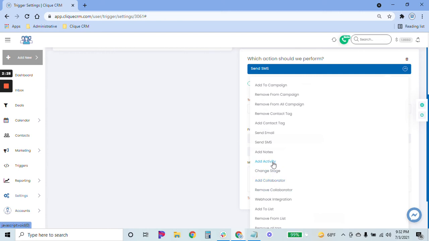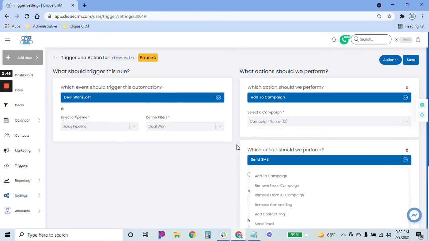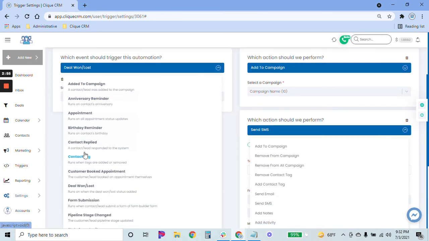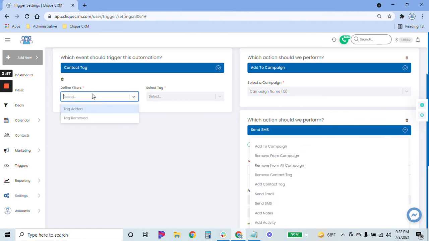I can also, whenever somebody says, maybe they cancel, there's a price increase, there's a rate increase on their premium, and they want to cancel, they want to no longer be a client, I can just go in there. I can create a trigger, guys, so that when that happens, it actually removes that tag and adds a separate one, maybe win back. And I can make it so that when something is tagged as win back,